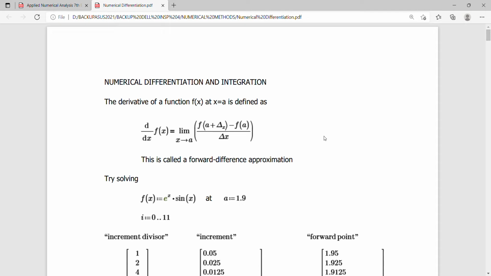so we can use it, as we will be needing it in any structural analysis procedures. Okay, so the derivative of function f of x